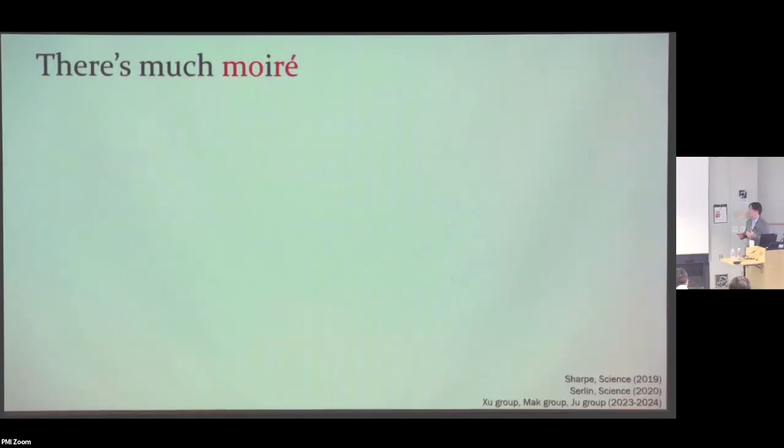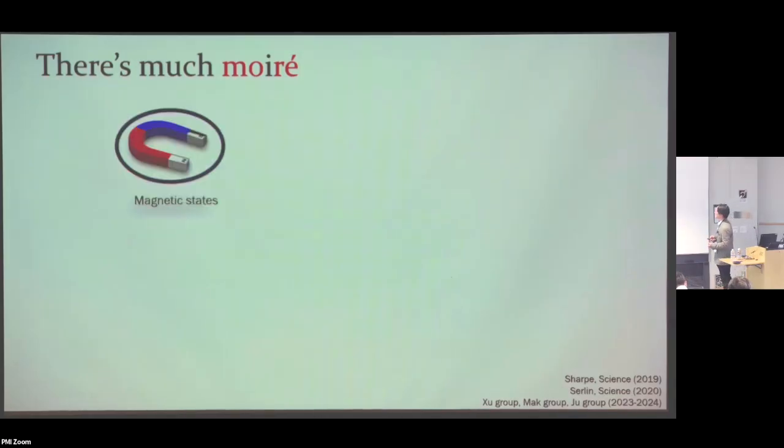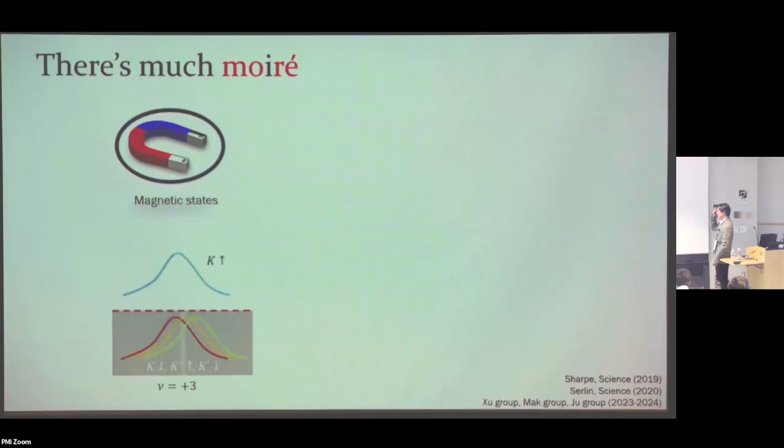So now, of course, this is just kind of vanilla twisted bilayer graphene. Of course there are other things you can do to it. For example, you can try to induce magnetic states by some substrate engineering, aligning with hBN and things like that. So the idea is that now if you look at filling ν = +3, where you have 3 states out of 4-state filled, and it can also kind of spontaneously polarize into that state.